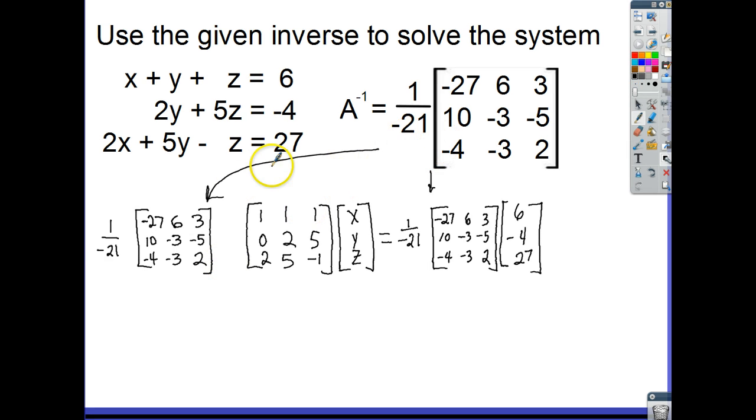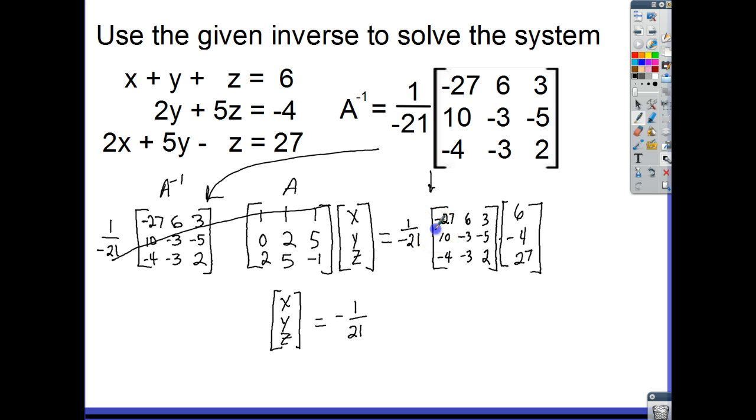Okay, didn't want you to sit there while I wrote this in, so I went ahead and put the inverse in the front on both sides. Now, this is A, and this is the inverse of A. And theoretically, when you multiply A times its inverse, you get the identity matrix, and the identity matrix times this is going to give you X, Y, Z. All this cancels, and so on this side we have X, Y, Z equals, and we save the fraction for last,